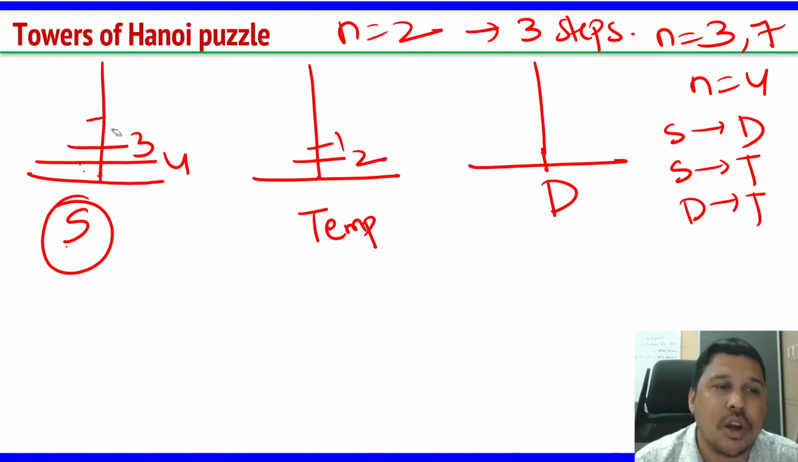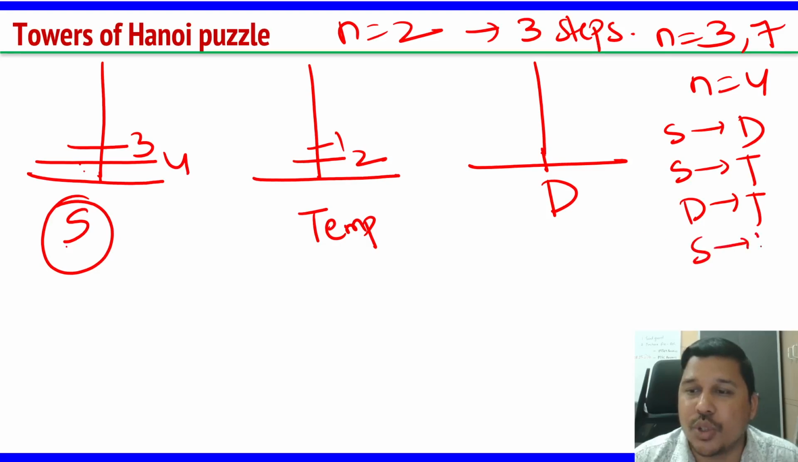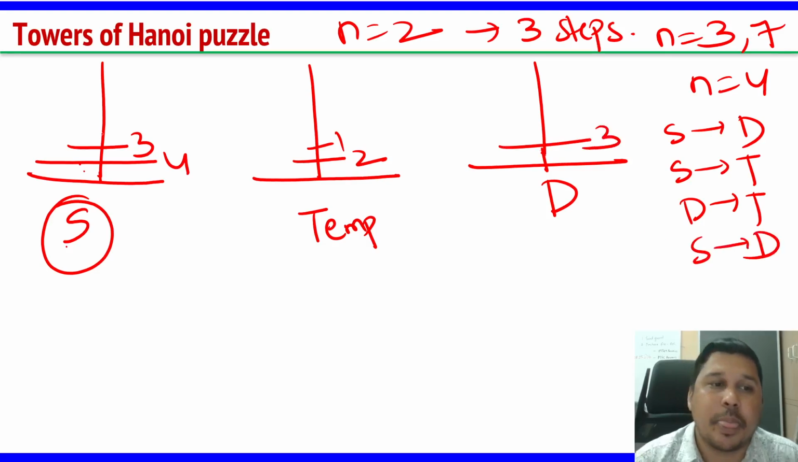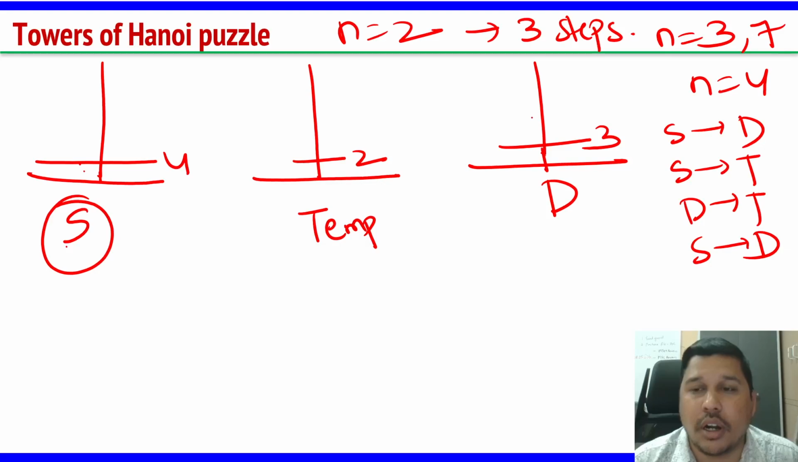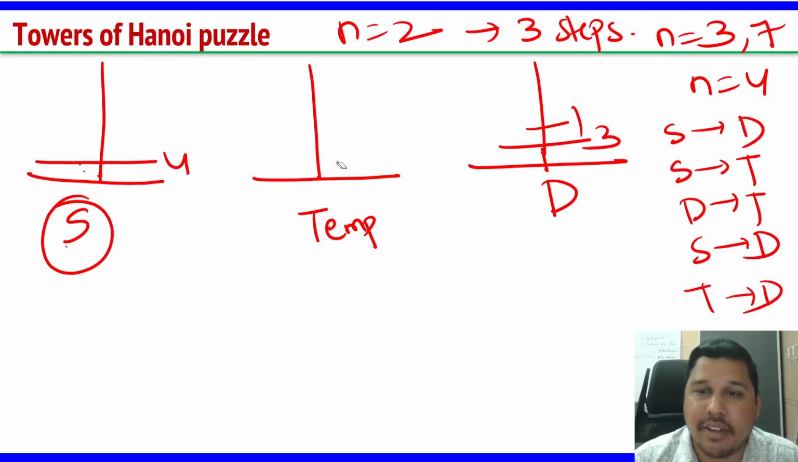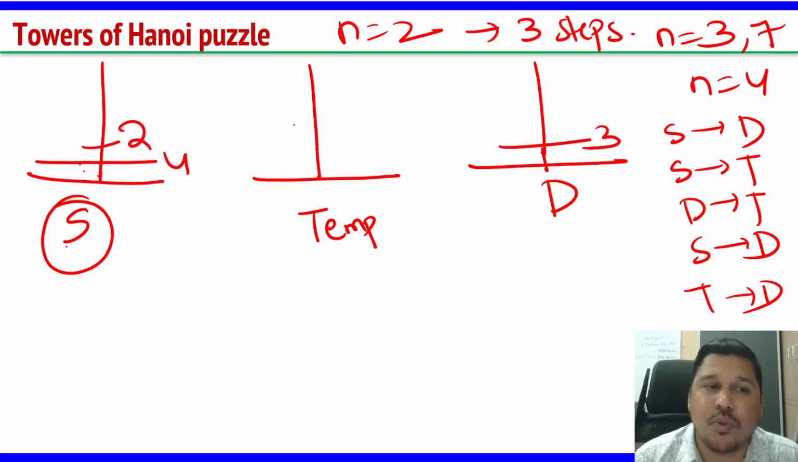So here 1, 2 has gone. Now you will take away this 3, from source to the destination. Source to the destination, 3 comes here. So 3 is deleted. Then you take this 1 and you try to put that 1 here, so it is from temp to destination. Then take away this 2 and place it here, then take away this 1 and place it here, then this 3 will come here, sorry, this will be our 3,